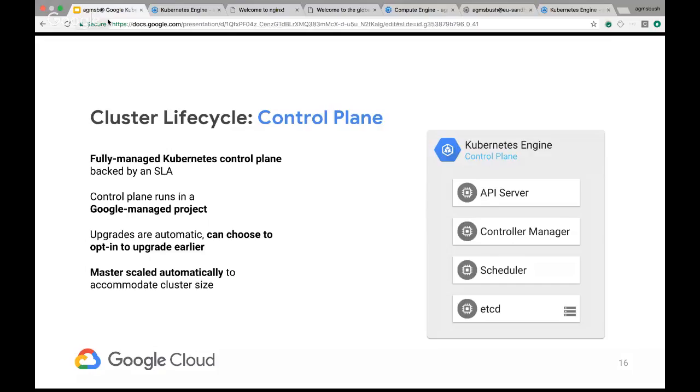So this is something where upgrades are automatic, and you can choose to opt into upgrade. There is also a click to upgrade button, and Kubernetes tracks the open source minor releases pretty closely. So I think that's pretty cool. And I think I already touched on the scaling point, but again, this is one less thing that we have to feel like Indiana Jones about trying to manage, that actual control plane. Google does it for you in GKE.